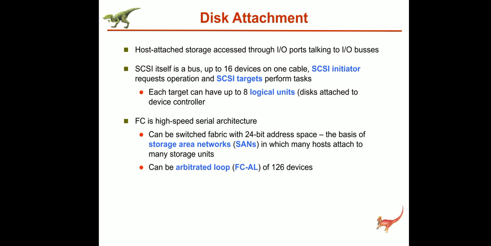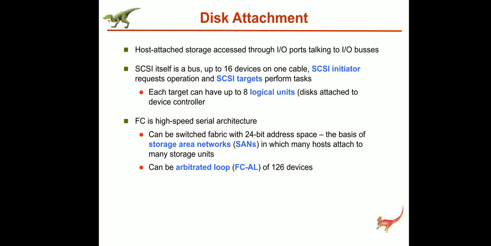And the second technology is FC, that is fiber channel. It is a high-speed serial architecture, not parallel architecture. It is serial architecture which operates over optical fiber. That's why it is named as fiber channel. It operates over optical fiber or over a 4 conductor copper cable, and it has two variants.